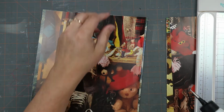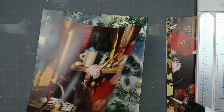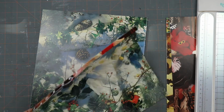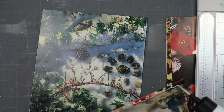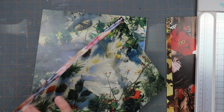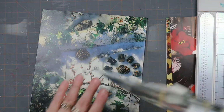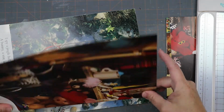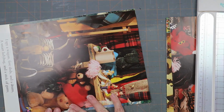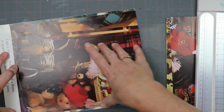So I am going to use my art glitter glue because it has an extreme bond. And I'm going to be generous with this because this is glossy paper. And what I do is I run my finger along it so it gets all of the areas. All right. So then I am going to go about a quarter of an inch. And I think that is good right there. And I just want to make sure my paper is square. And then